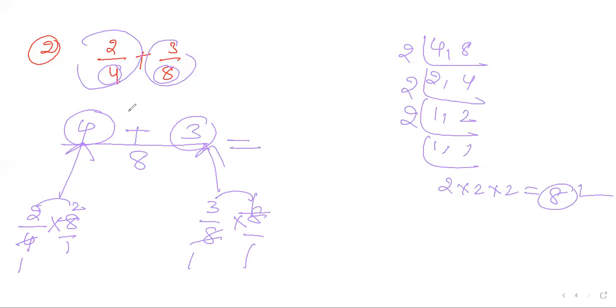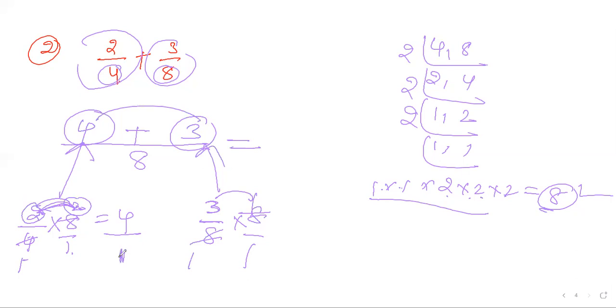Clear? I have one doubt. Yeah, tell me. I have one doubt. 3 by 8, there is plus. 2 into 2 is 1, no. 2 into 2, 1 into 1. What is this? 2 into 2, 4, 4 into 2, 8. No, no, no. Here, 2 by 4 into 8 by 1. 4 ones are 4, 4 twos are 8. The numerator is 2, 2 twos are 4.